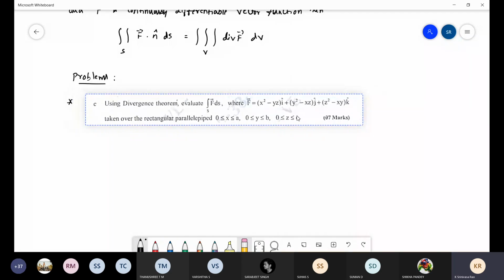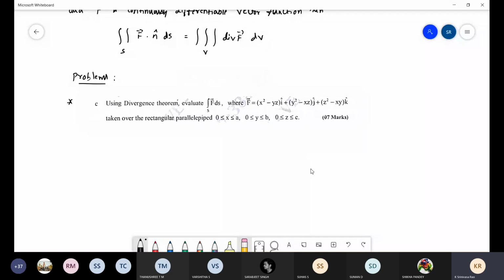Again, this is the last year question paper, question number 2C. Using divergence theorem, evaluate, actually it is a double integral. In the question paper it is mentioned as a single integration, but that is wrong. It is the double integral of F dot n cap dS only. So a little mistake is there; you just change it. Using divergence theorem, evaluate the double integral F dot n cap dS. Whatever the LHS in the formula is, that should come. Now work on this problem.